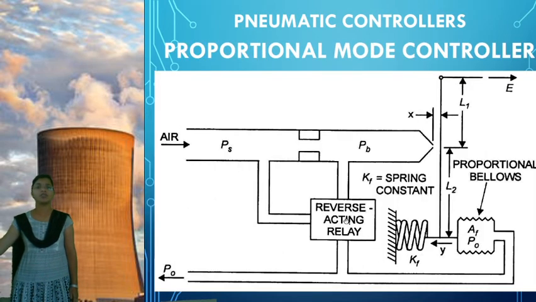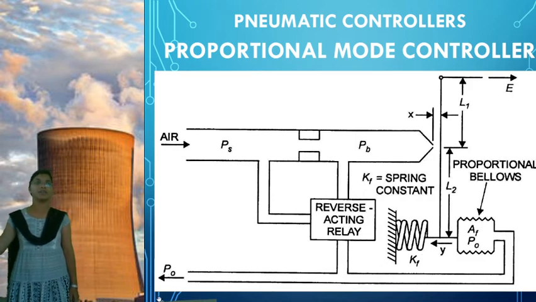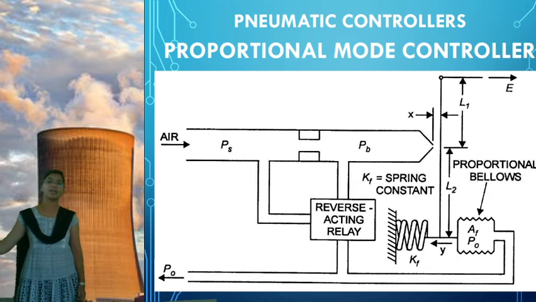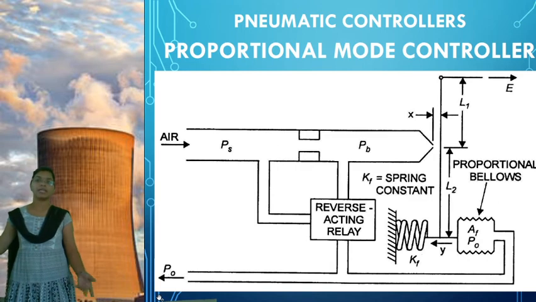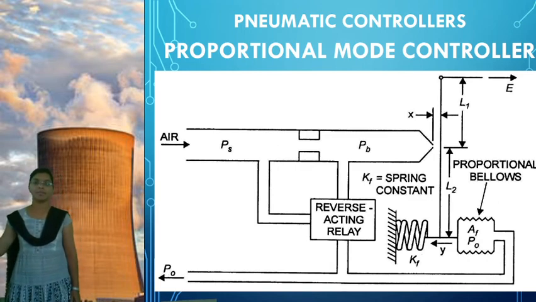So next we'll go for pneumatic controllers. For this one I am sharing a whiteboard. In order to explain the pneumatic controllers, first, the principle we are going to use in the pneumatic controller is called the flapper nozzle mechanism, which I'll explain on the whiteboard. In the next class we'll see the pneumatic as well as hydraulic controllers in detail. Okay.